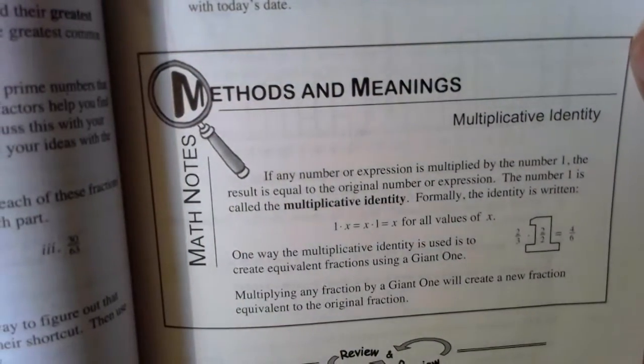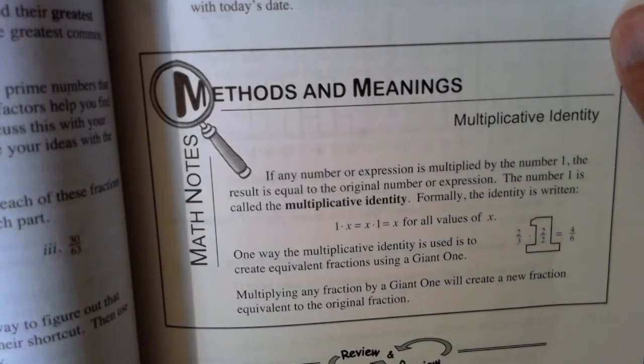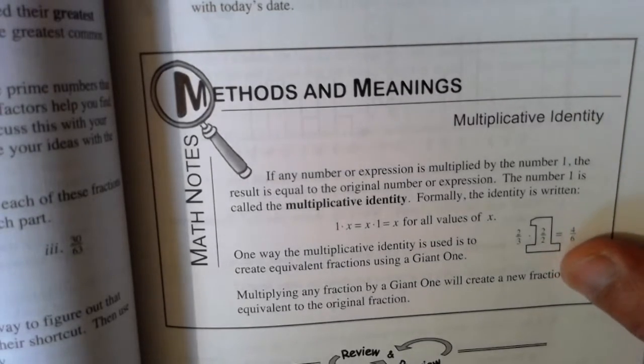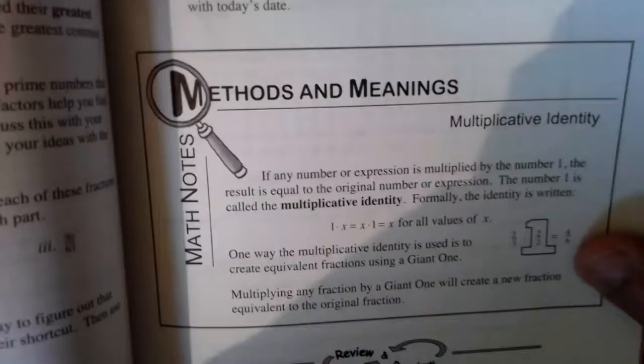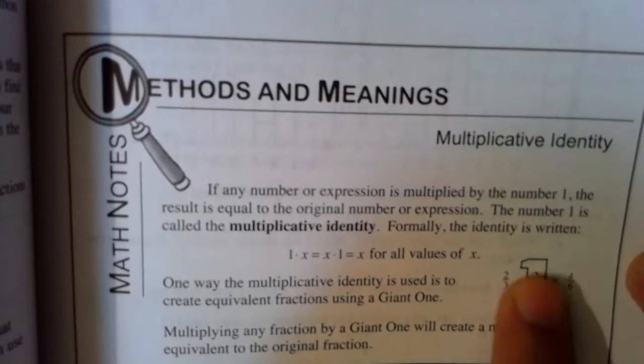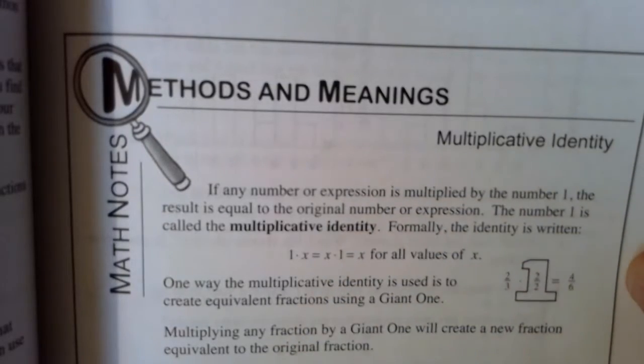In one of the math notes here on page 103, it talks about the multiplicative identity, how if any number is multiplied by 1, the result is the same original value. So here, we can multiply by 1, and we'll call it the giant 1 by drawing a big 1 over the fraction. Here they're multiplying by,